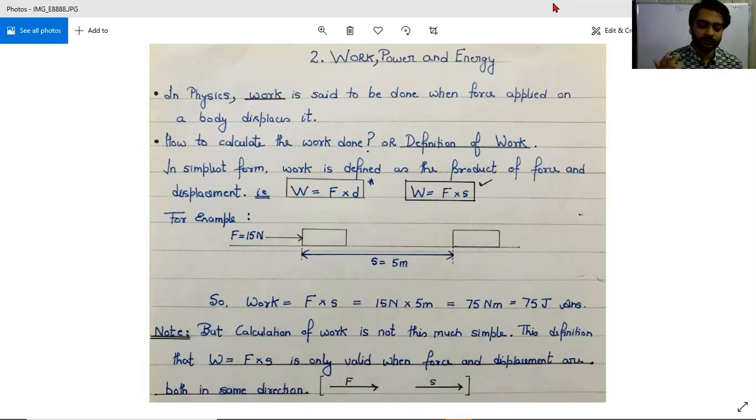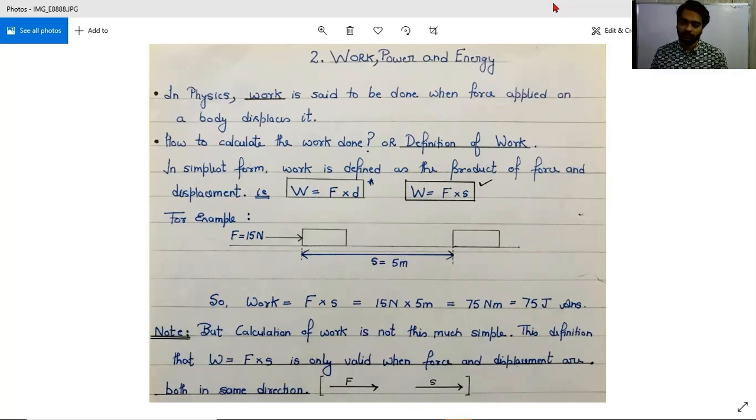Okay, another example, like you are taking out a bucket filled with water from a well. So you are doing work here also. How? You are applying force on the bucket through the rope and you are pulling it. You are applying force, and there's a displacement of the bucket also. So we have done work. Okay, so in physics, the meaning of work is you apply force on an object, that object displaces from its position, and if there is displacement, work is being done.